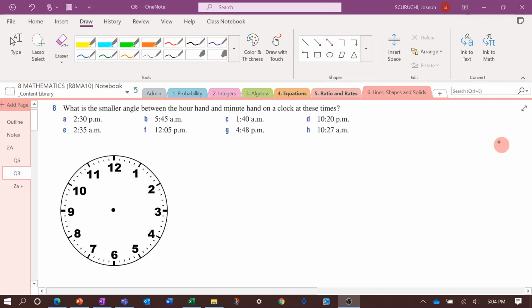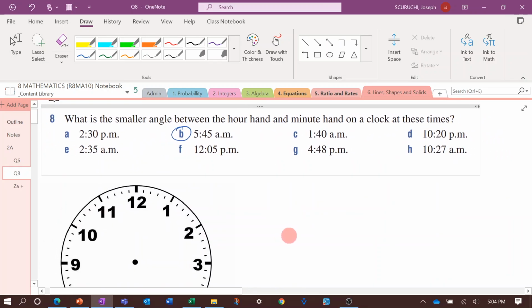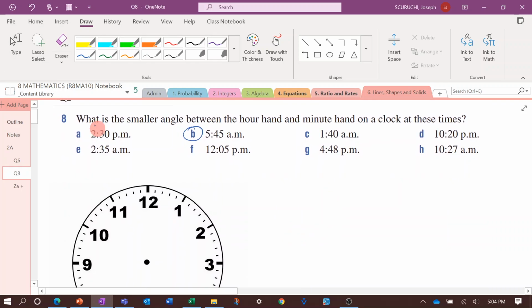Okay, so in this video, we're going to go through 8b. I apologize for the poor audio. I don't have my microphone with me at the moment, so you're just going to have to bear with this poor audio quality. It says, what is the smaller angle between the hour hand and minute hand on a clock